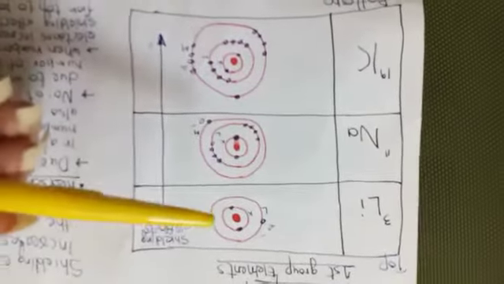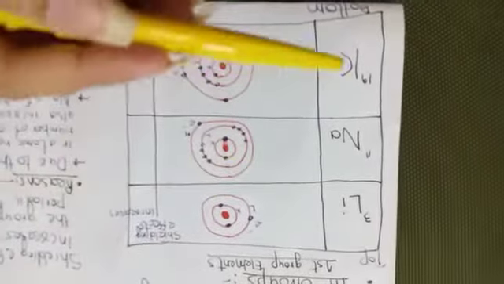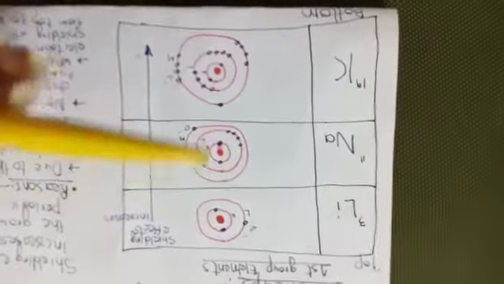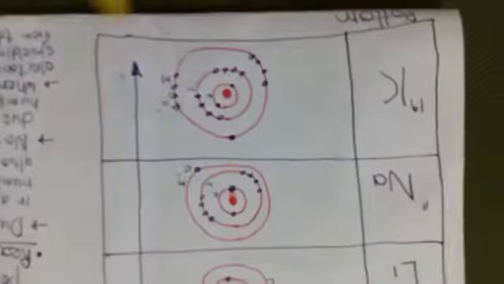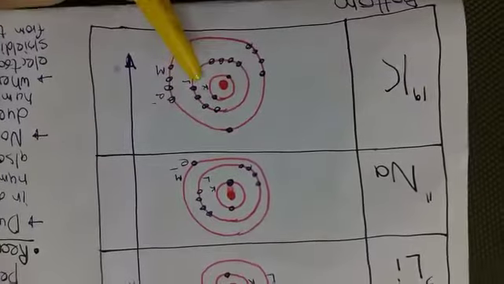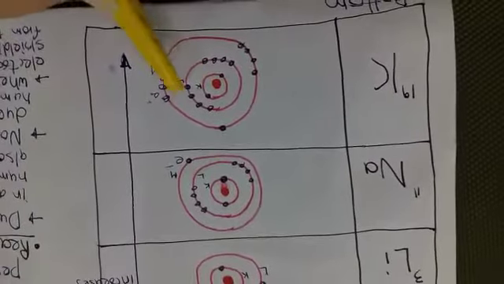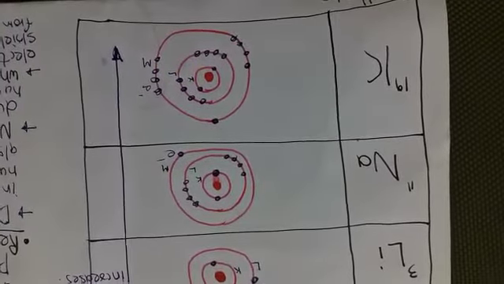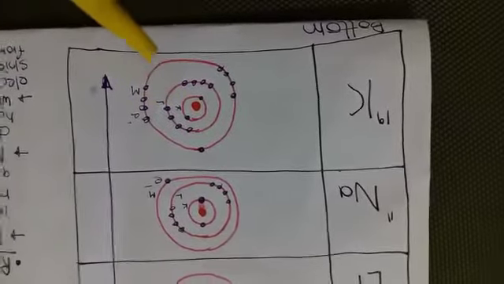Now class, you see that the number of shells increases to accommodate the electrons. As the atomic number increases, the number of electrons also increases, and to accommodate these electrons, the number of shells also increases. For example class, look at this. 10 electrons are present in the inner shells of the potassium. Now class, these electrons present in the inner shells are known as inner shell electrons. Now class, 9 electrons are present in the outermost shell, that are known as valence electrons. So class, in that case, the inner shell electrons are greater in number than the outermost electrons.